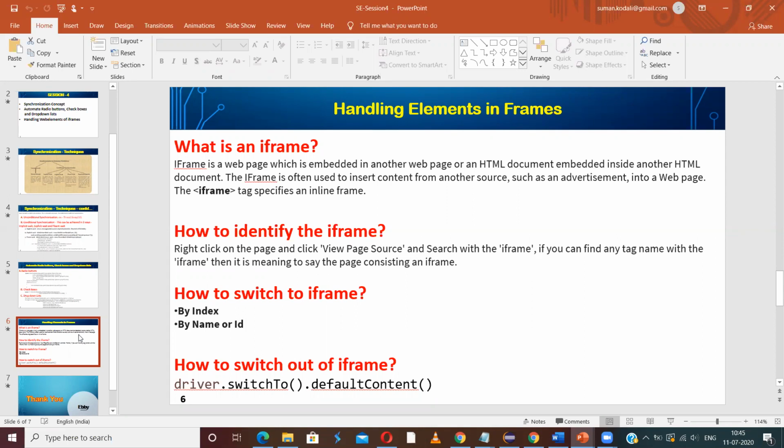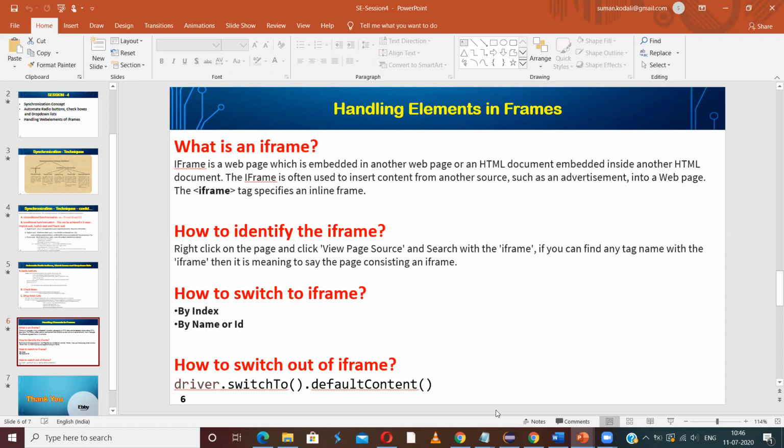So we need to switch from the main web page to the iframe, perform the actions on the elements which are part of the iframe, and then come back to the default content, which is the overall main web page. So we have seen how to switch to an iframe and perform actions, and again switch back to the default content, which is the main page, and continue performing actions on the main web page. So these are what we have seen in the last class.